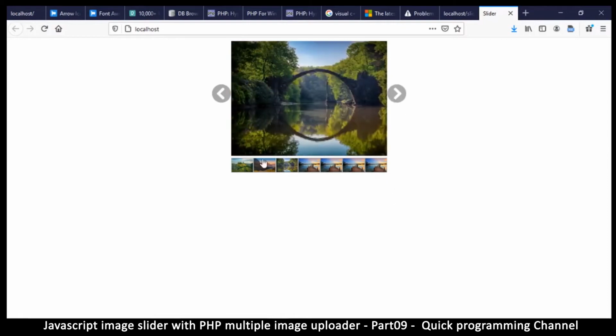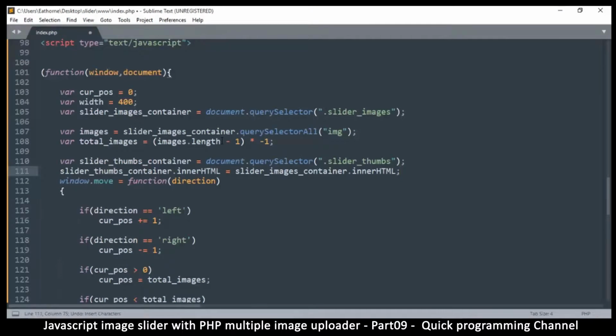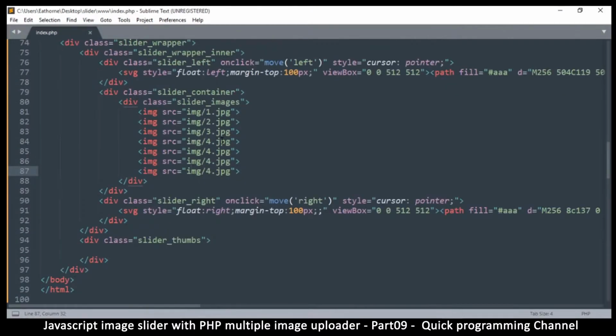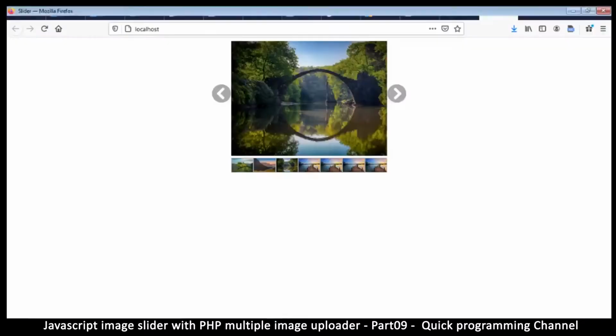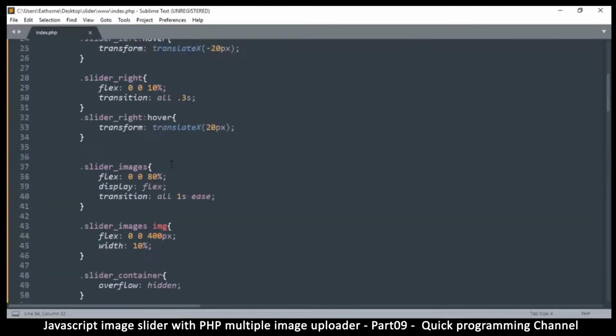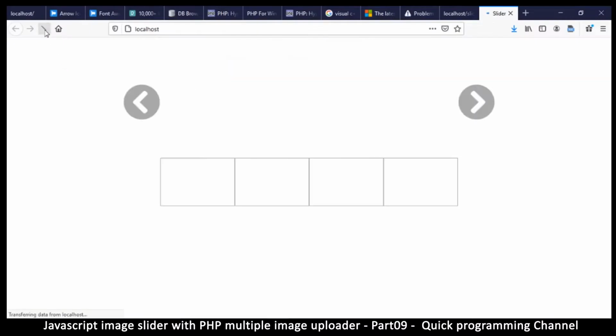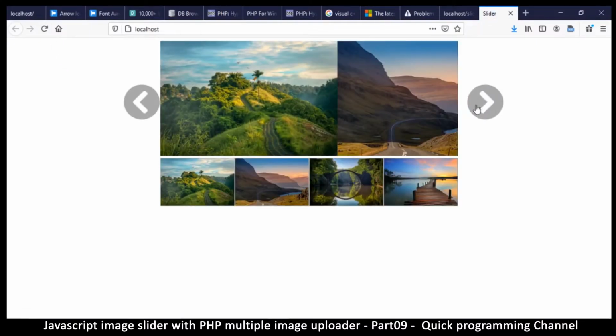Okay, so good. Now one last thing about our slider is we need to make it resizable, because currently it isn't very, oh sorry, I've undone too much. Undo. Okay, there we go. It isn't very resizable. So if for example you want to be showing many images on this slider, you can easily do that by going to the slider wrapper itself and changing the width. Let's change it to something like 800 or something, so it's wider now,